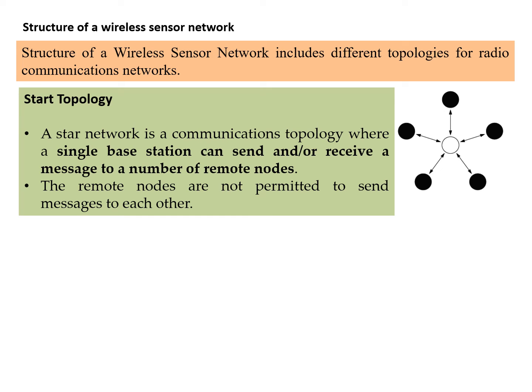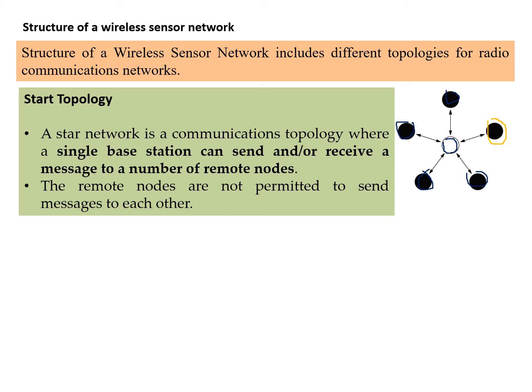In star topology you have a base station and you have remote nodes. These are the remote nodes, and this is the base station. So nodes are communicating with the base station,